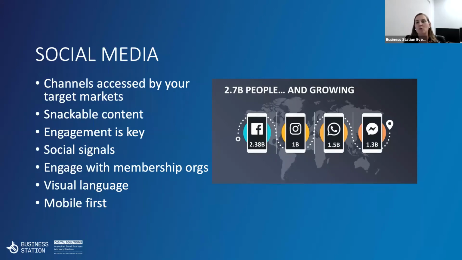So you don't have to be on all social media channels. Think about the range of different social media opportunities that there are out there, and look for where your target market is going to be. So it goes back to understanding specifically who your target market is and where they consume media, in particular social media. Now, once you've found who and what that is, make sure that you're providing snackable content on social.